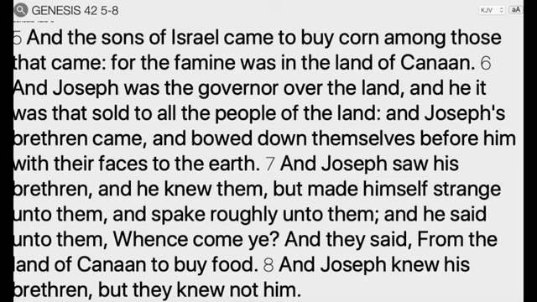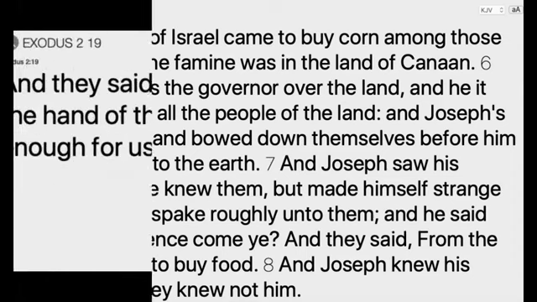Joseph looks just like the Egyptians, and after so many years, he adopted the customs and the style of the Egyptians, and he must have looked just like them. That's why his brothers couldn't recognize him. But as far as the skin complexion, he was just as black as the Egyptians. So that's the first indicator of who the Israelites must have looked like.